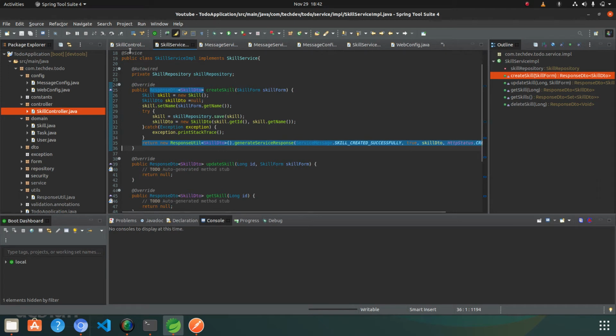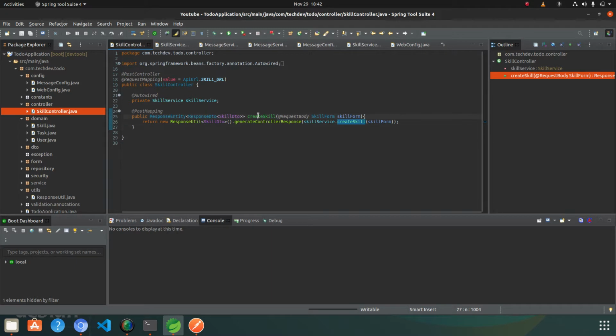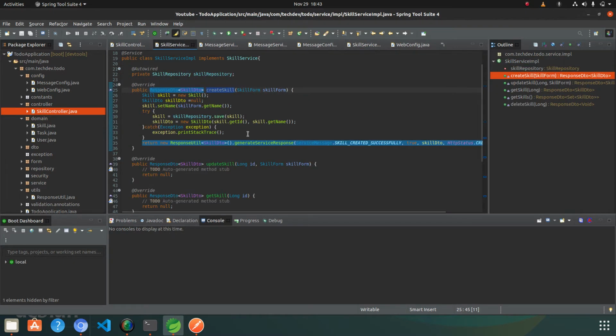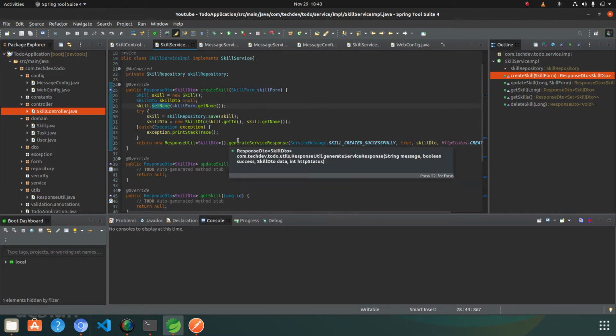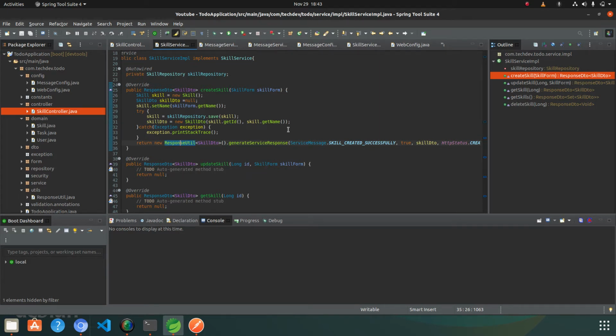Okay, so you can see that in skill controller we have just created a method for that and give the post mapping, and we have provided the request body to it, and after that we have called the skill service method for create skill, and in that I have created the skill object and taken the skill DTO for the return type, and I have created the skill entity using the form data and trying to save that using the skill repository, and we have created the skill DTO for returning that object with some data as a view, and after I am finally returning the object of response DTO using the response util which we have prepared in our last few videos.